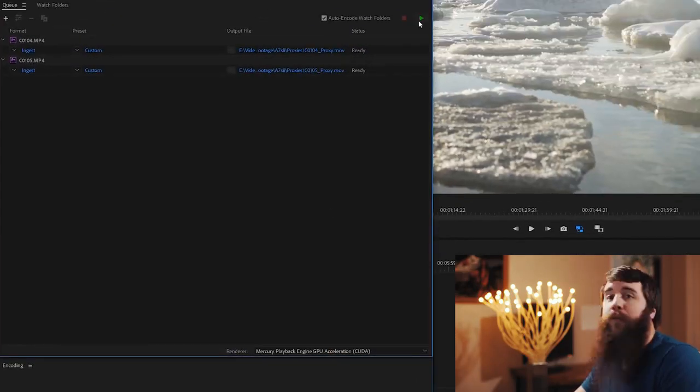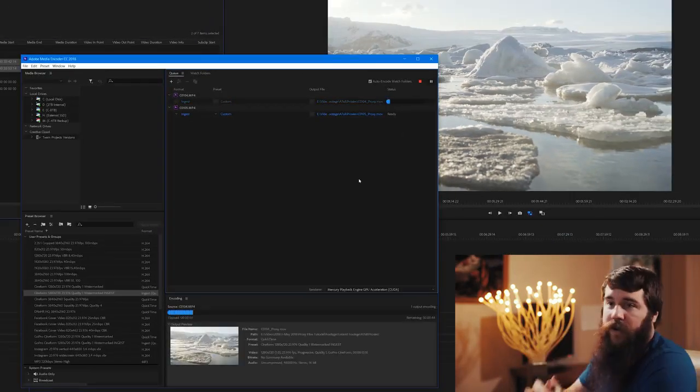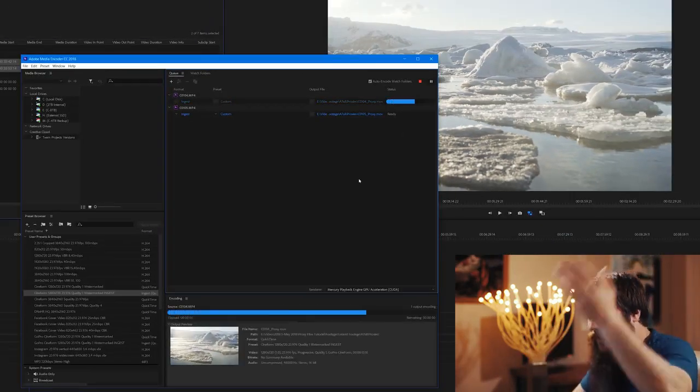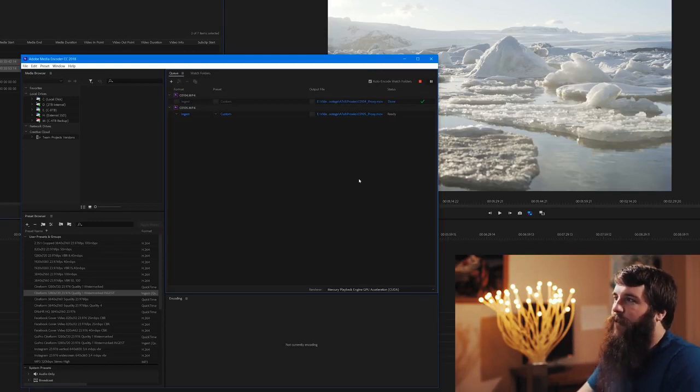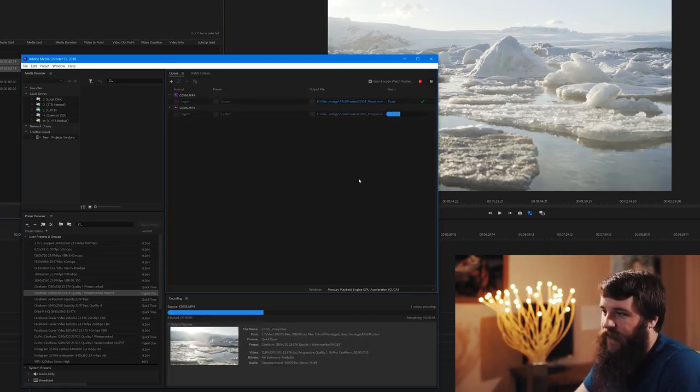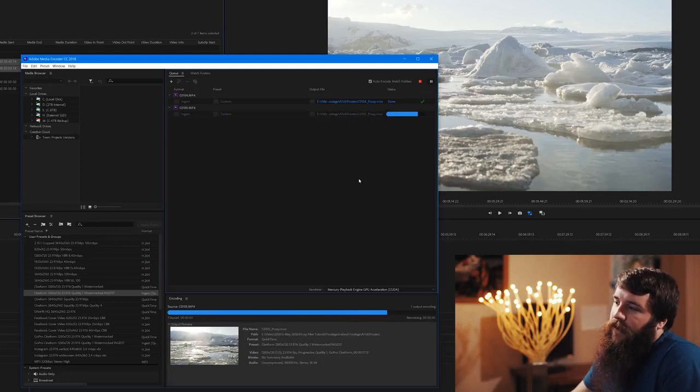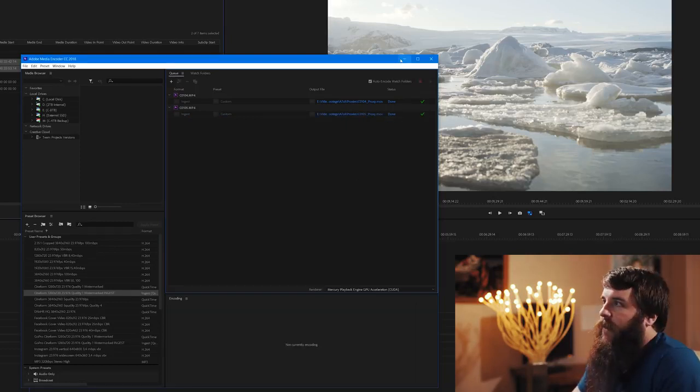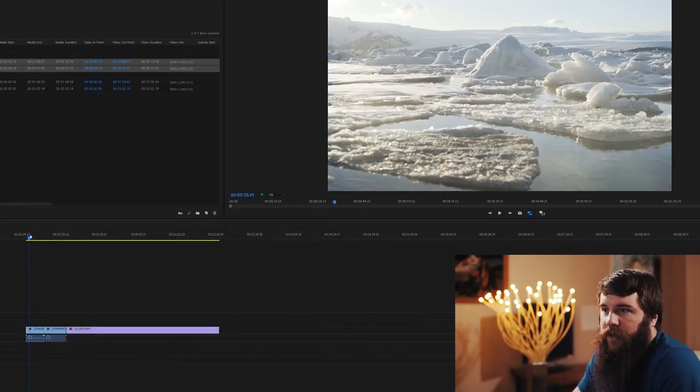And now I'm going to press play. And that's going to render out our proxy video clips here very quickly. I love how fast that is. I'm telling you, if everything was just proxy video quality size, things would be so quick. Unfortunately, it's not. With that now done, let's minimize Adobe Media Encoder and let's go back over here to Premiere,